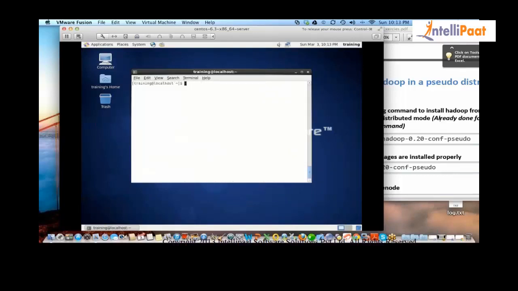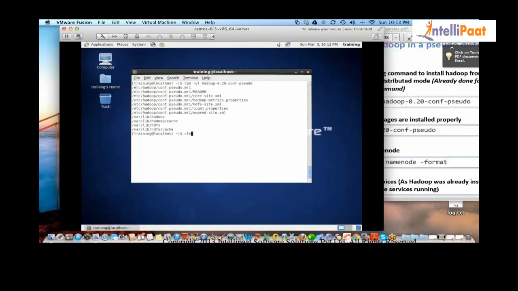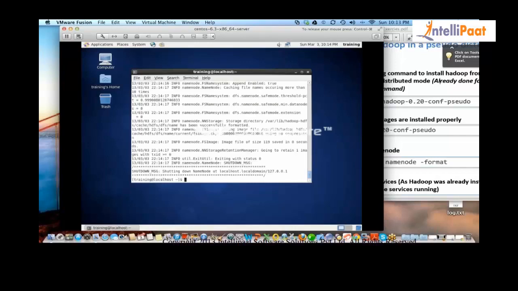So we are done with command number 1 and command number 2. Now let's go to command number 3, where I say sudo -u HDFS. I am saying that I am a super user, my name is HDFS, and on Hadoop I want you to format my name node. I want to set up Hadoop properly, freshly right now, so I want you to format everything.